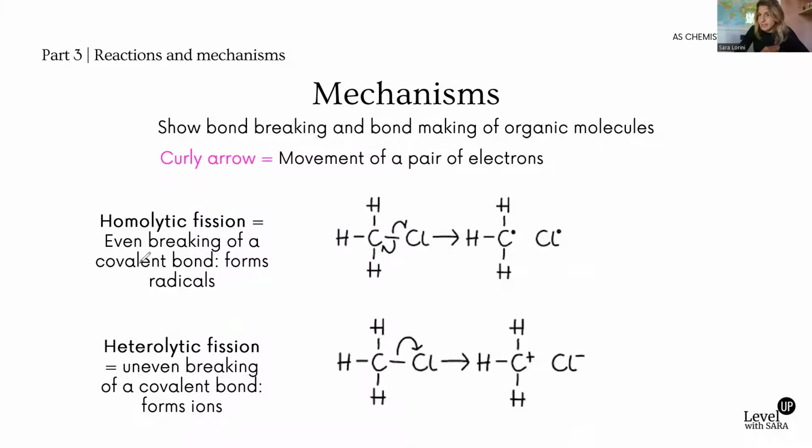So carbon has 4 electrons, right? But now carbon has 3 electrons because a pair of electrons has moved away. Chlorine is sharing 1 electron, but now as the pair of electrons has moved onto the chlorine, notice how it has 1 more electron, okay? It's not obvious. You must be able to observe and visualize this dot and cross diagram of the